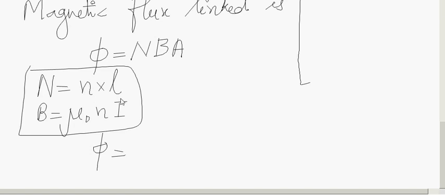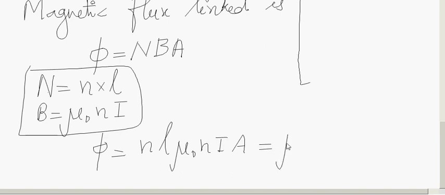N is the total number of turns, so this is number of turns per unit length multiplied by L. Therefore phi is n into L into mu naught n I A,